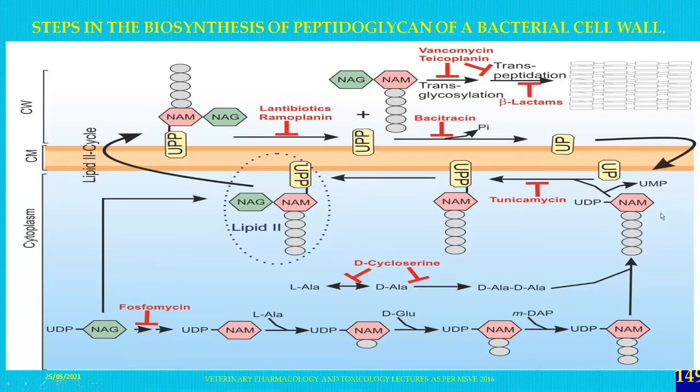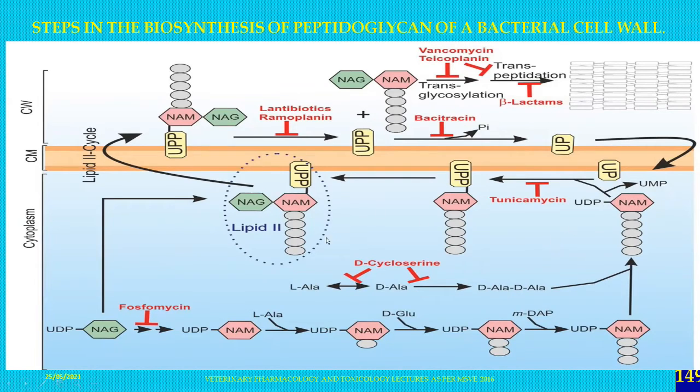So then, apart from this one, the conversion of the UDP, these are all the basic steps, and one alanine is inserted, that is called the UDP-muramyl acetic acid. Then the D-glucose is entering here, then also these two UDPs are going to combine, then NAM, N-acetyl muramic acid is going to form, and this chain continues here.